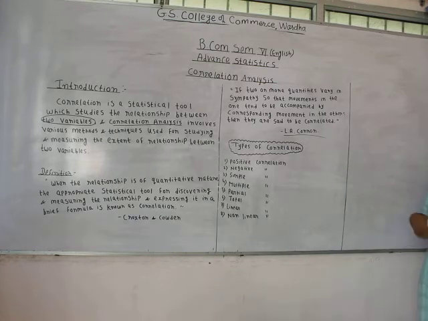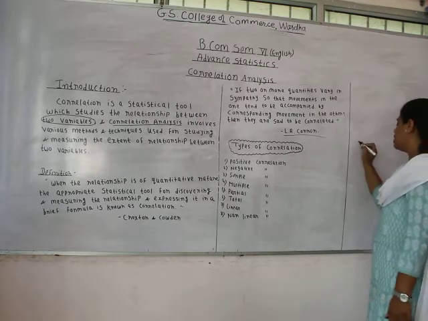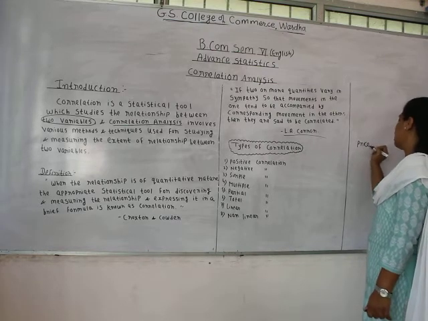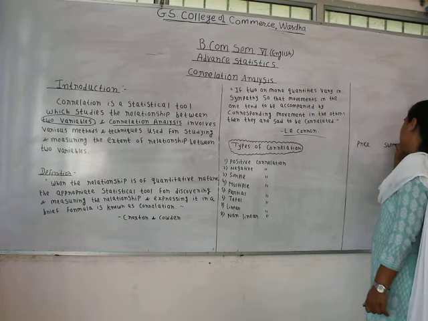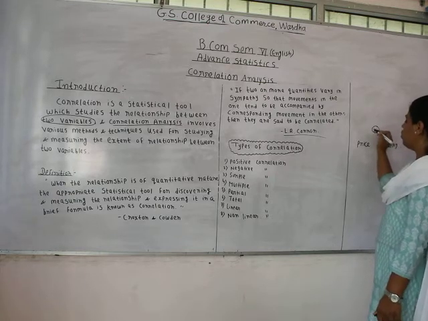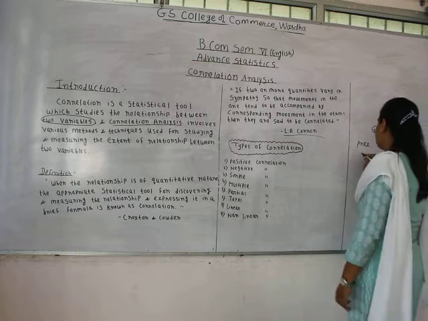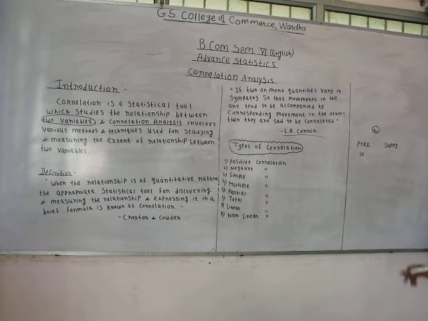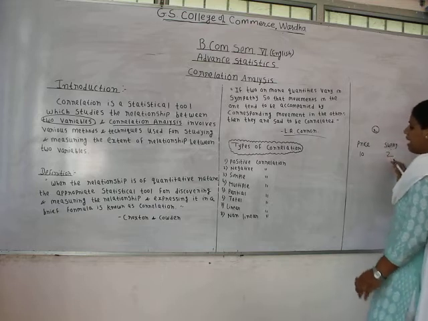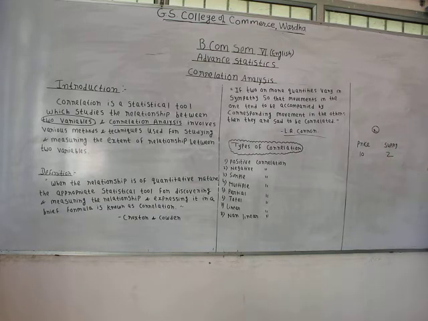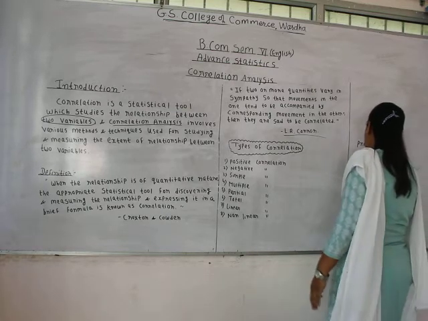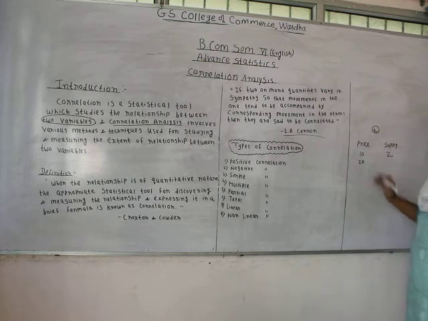So now we will try to understand this definition again with the help of an example. Here we will see the example of price and supply. Let's assume the price of commodity X in the market is 10 rupees, and at this price 2 units of commodity X are being supplied in the market. Now what happens? The price changes from 10 to 20 rupees, and at this price of 20 rupees, 4 units of commodity X are being supplied in the market.